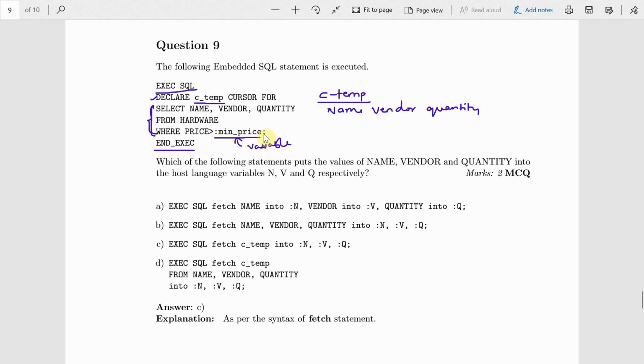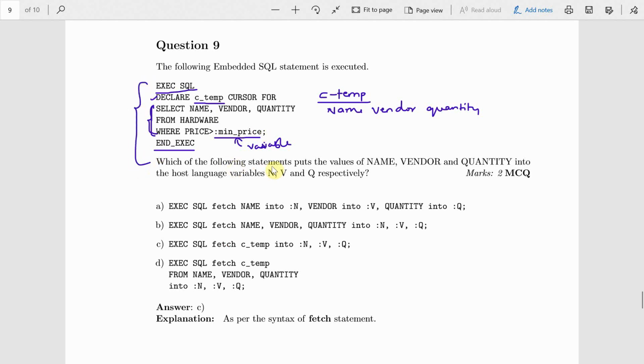Why? Because it is an embedded SQL. What is embedded SQL? The SQL standard defines embedding of SQL in a variety of programming languages such as C, C++, Java. The language in which SQL queries are embedded is referred to as the host language. So SQL queries are embedded into C; I can call C a host language, or Java a host language. The SQL structures permitted in the host language comprise embedded SQL, meaning these are the SQL structures I can write in the programming language. That's why this is called embedded SQL.